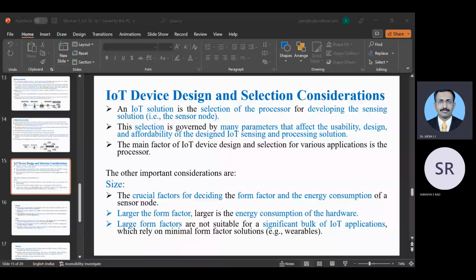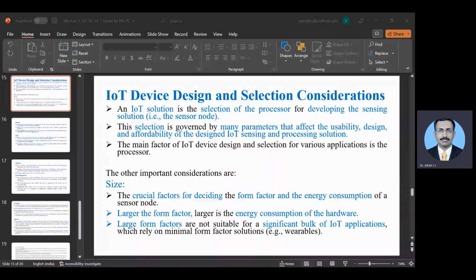Selection is a very important parameter when you are considering any IoT devices, because if you are not seeing the processing capacity and all those things based on your application, you may not be able to run that application. For example, if you are doing it for some military application, you need high processing speed. If you are using some Arduino and those kinds of things, it will not process at all. It is not going to make sure that your project moves further. So it is very important for you to use high-end processors.